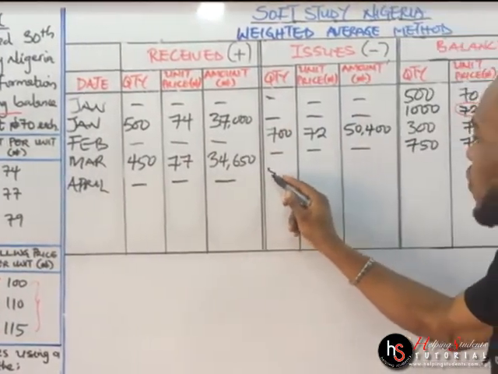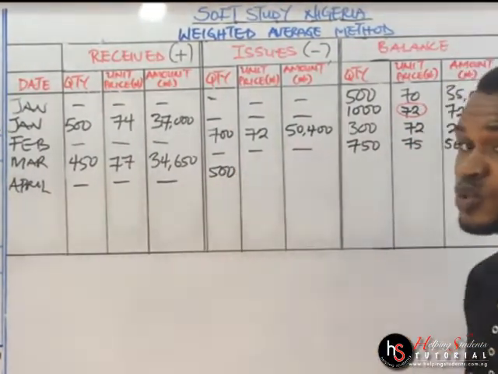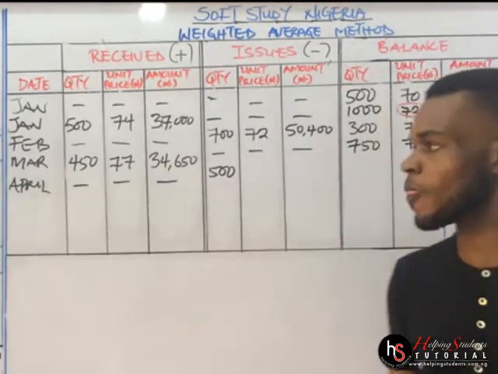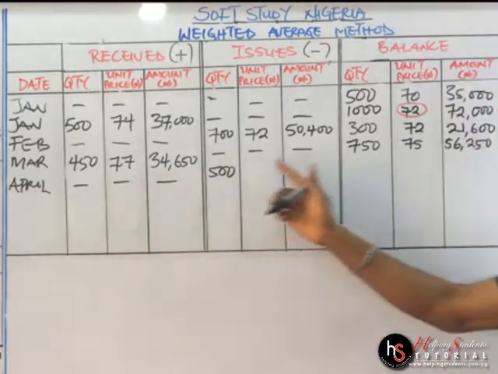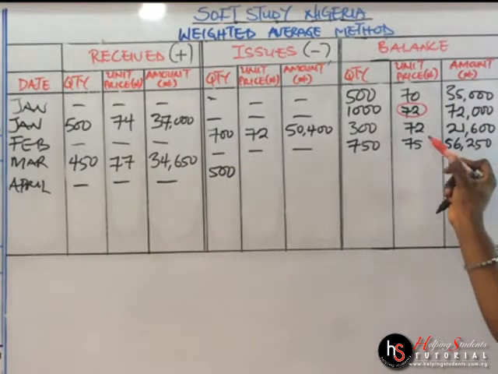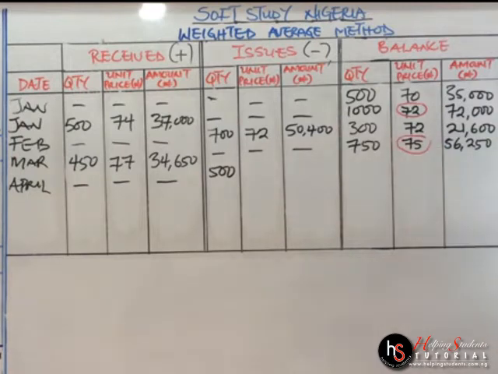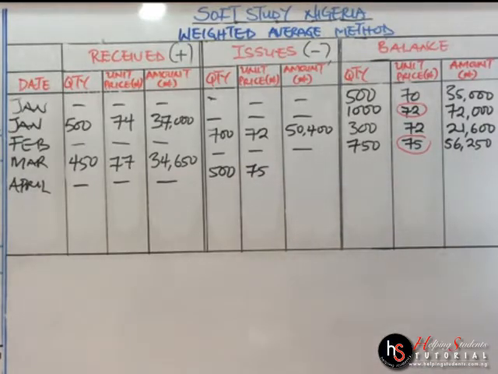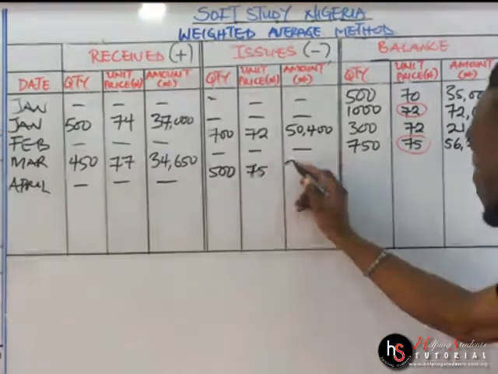We now have 500. Remember I told us we don't show any working. And you pick the unit price of the last entry. So which value is the last entry? We have 75. All right? So we'll pick this 75. 75 is what we're going to make use of. Okay? So 500 and we'll have 75. So 500 times 75 gives us